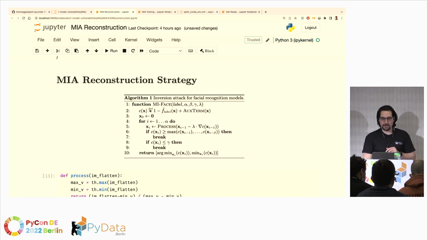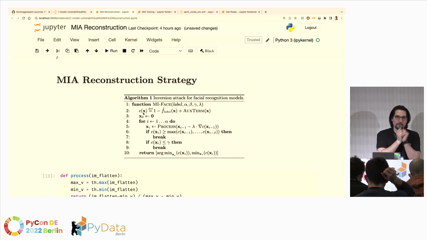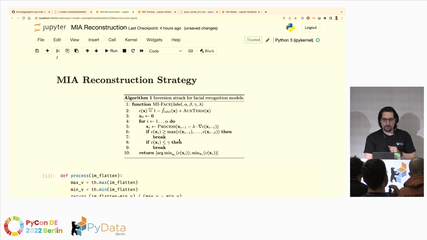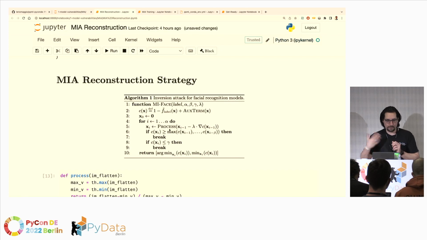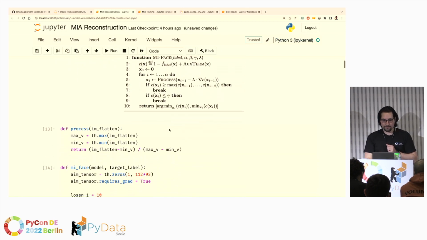So this is just to highlight that the initial cost is the cost generated by the model. So it's the actual prediction of the trained model. And then we keep on going up to alpha iterations by processing the data we get from the model and trying to optimize the generation of this tensor we're creating, by knowing exactly which label the model is producing. This is the information we're actually stealing from the model. So we're getting the prediction from the model as a black box, and we're using that with the optimization on the other hand. So let me show you this